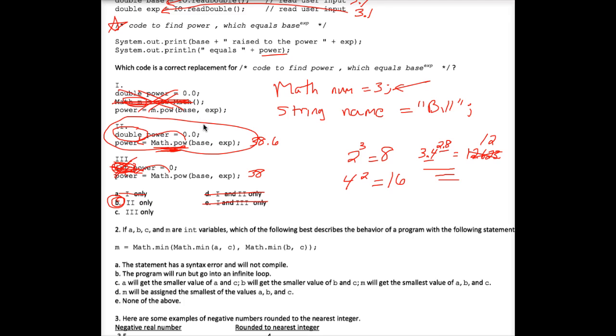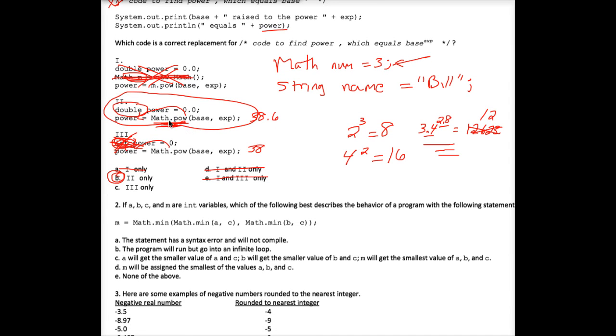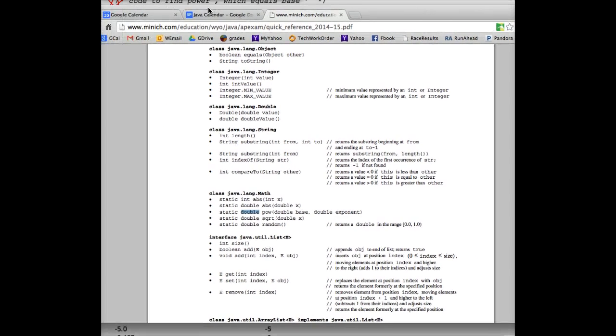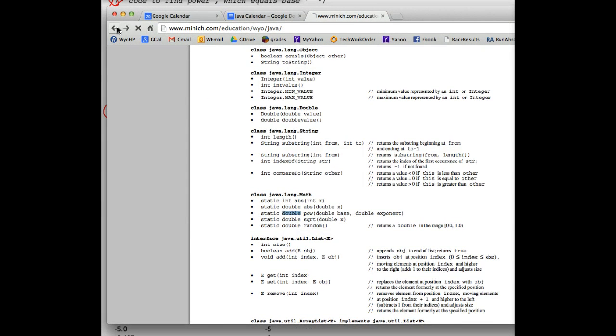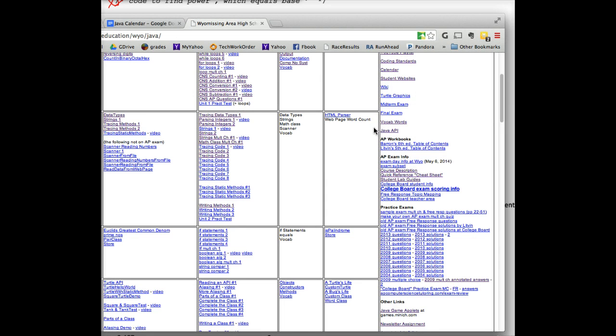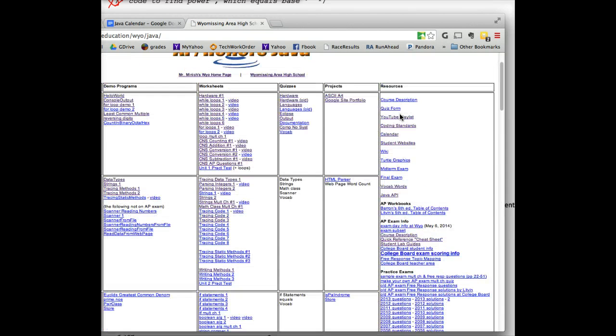The other way to know that Math.pow returns a double and not an int would be to actually visit the Java API, which you cannot use during the AP exam, but it would be handy to do homework such as this. If you Google the Java API, or just click on my link again here on my homepage, Java API,